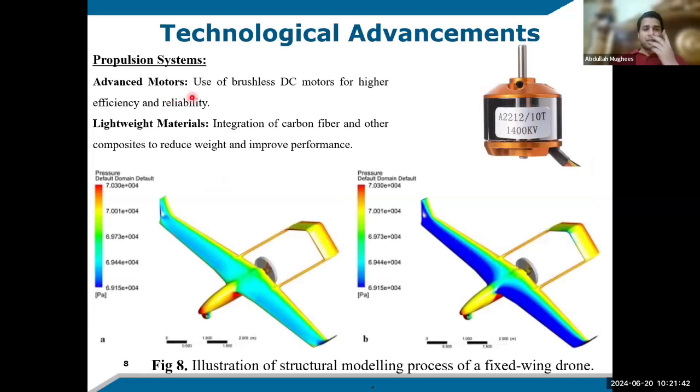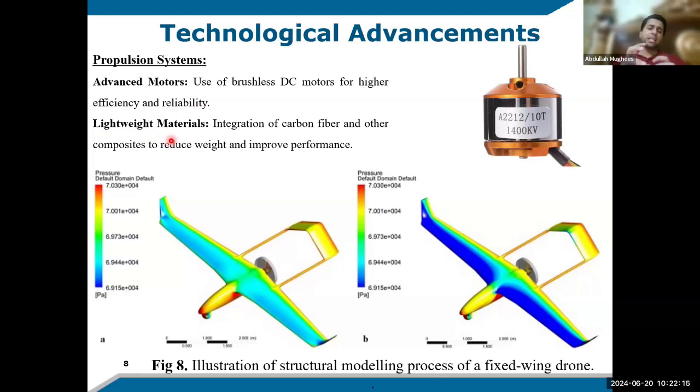Then we have the motors that are used in those drones, which are not common motors. They are advanced BLDC brushless DC motors, because they rotate at extremely high speed on very small amounts of voltage. For example, they can go up to 20 to 30,000 RPM, and that's a lot. Some sophisticated, really good motors,